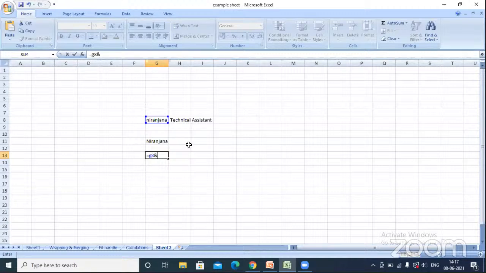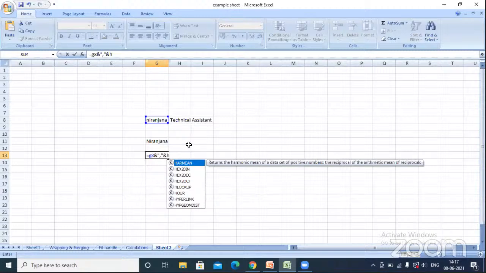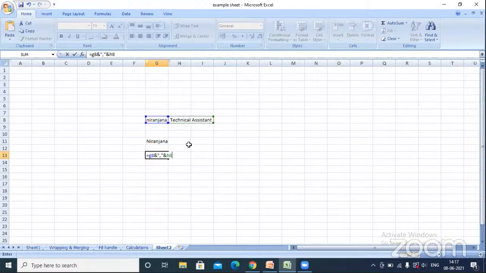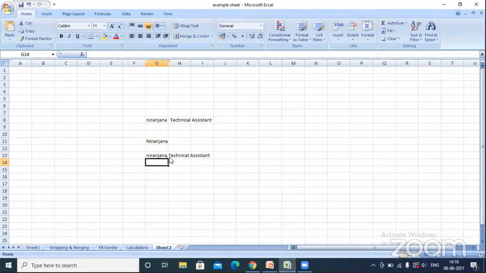Ampersand, double quotes, comma, double quotes, ampersand, H8. Just enter. You can see the changes. The two cells have been combined together. If you want to combine this value and this value, it means